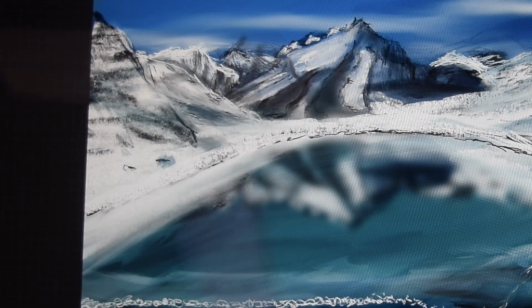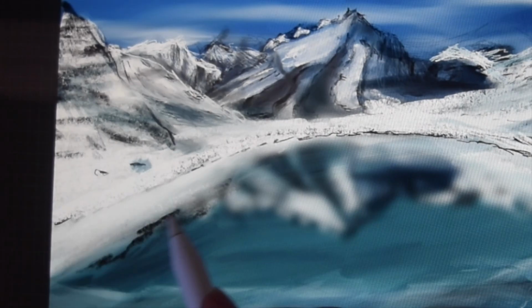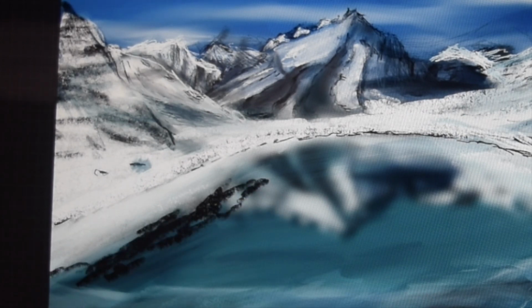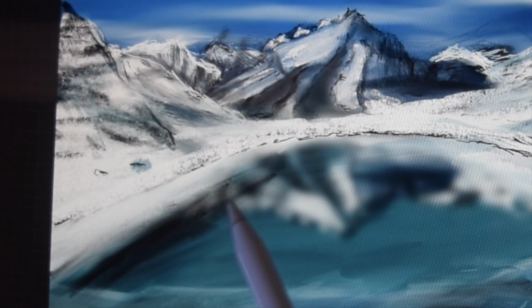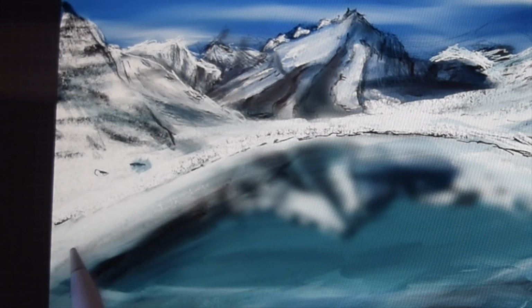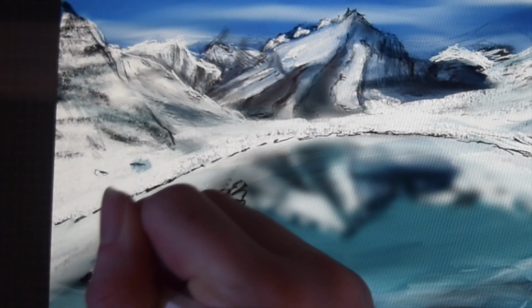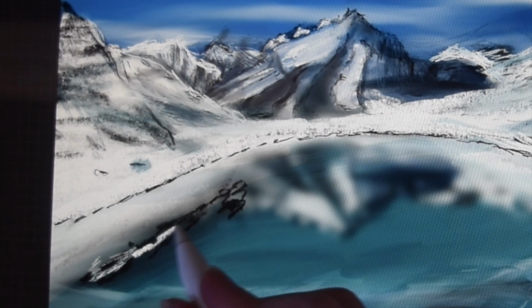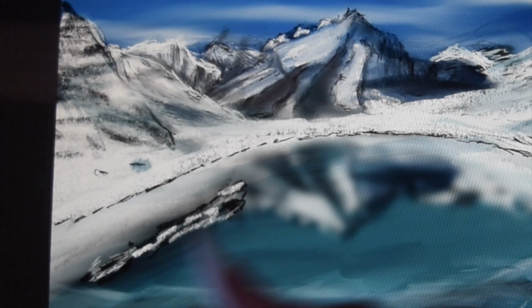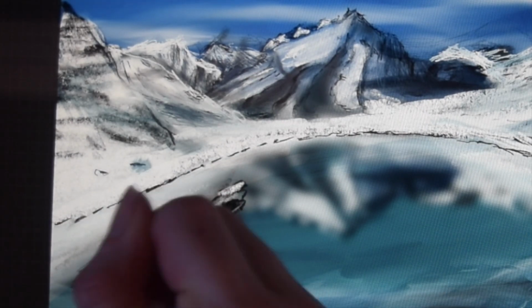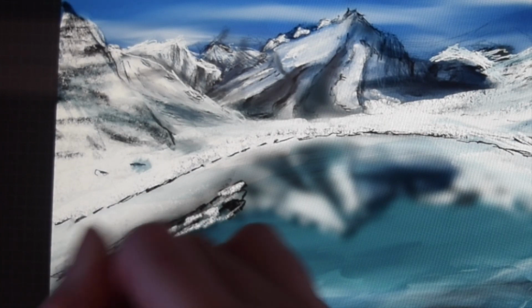Now I'm just cleaning up that mountain. I didn't like how it was. I'm adding in more detail because before it was this white smudge in the water, and it didn't really look like the mountain having a reflection in the water. So I'm adding some blacks and then whites, the same kind of pattern that I did in that specific mountain. And then I Gaussian blurred it a little bit when I was finished with the details, and it looked so much better than it did before.